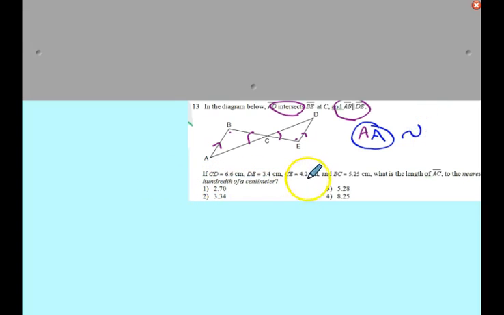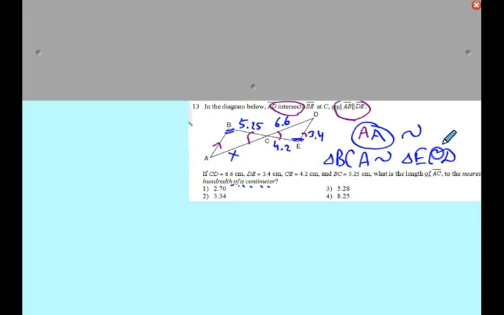Now let's read on and put all the information on the diagram. Remember, it is important to mention on the diagram not just the given information, but what it is that you're looking for. So now I will be able to write a similarity statement for these two triangles. With this, I will be able to write